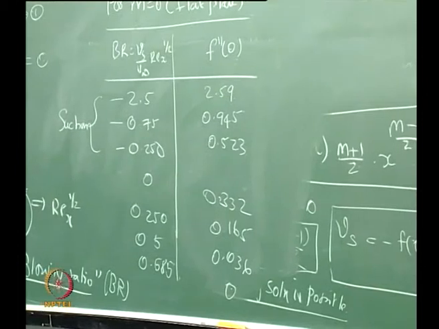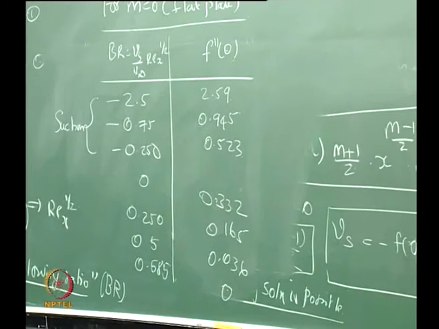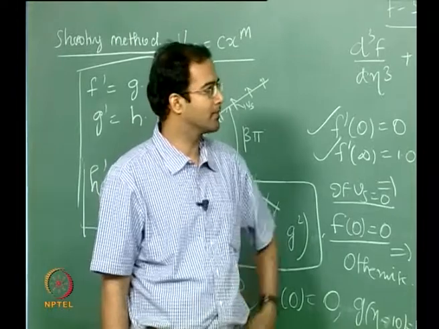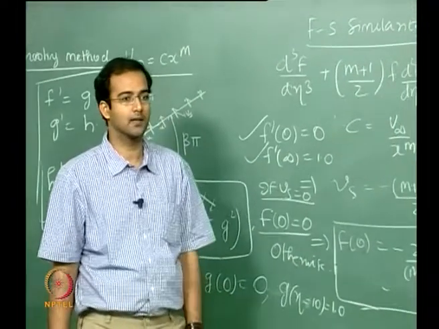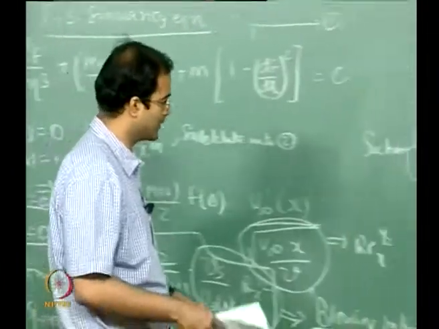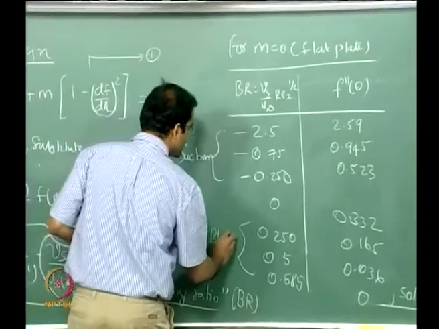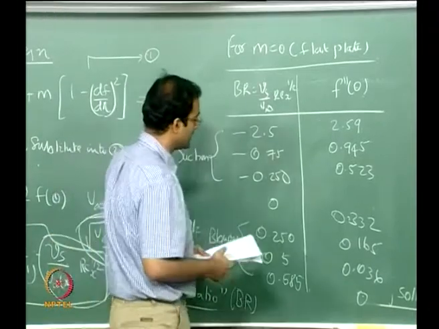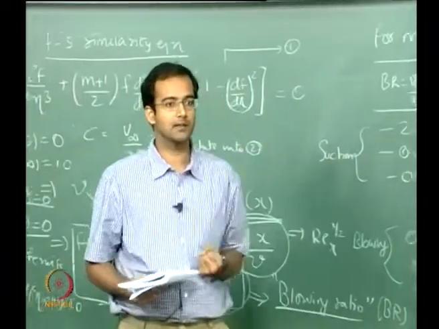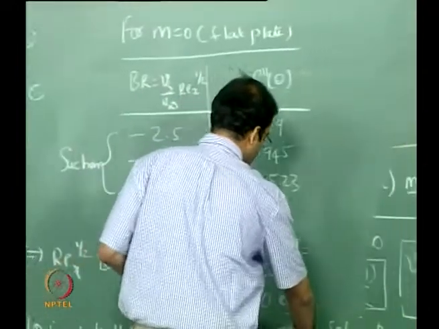At the separation your du by dy is exactly 0, your f double prime is also exactly 0 there, okay. So once it separates, there is no point in going beyond a blowing ratio of 0.585, that is why it is limited to that value. So boundary layer theory is not applicable beyond that, okay. So this is all blowing, and the above one is suction. In fact the curvature you can see increases because if you even have a separation, if you suck it, the separation gets minimized and you will have more of a boundary layer flow, okay.